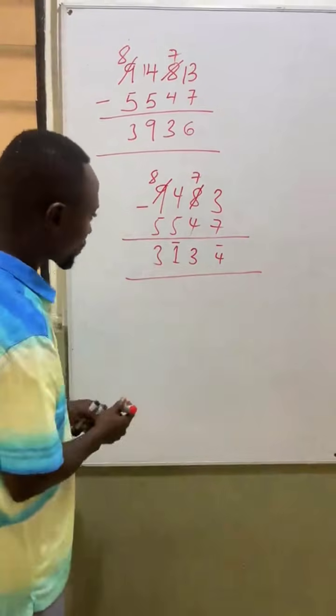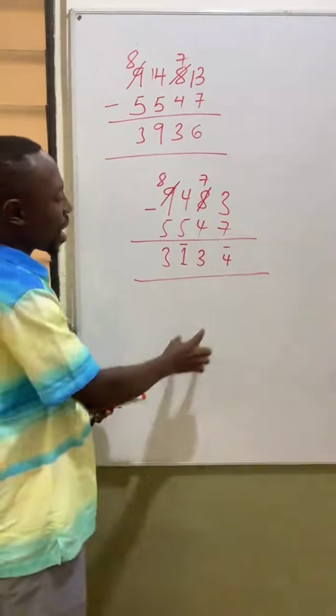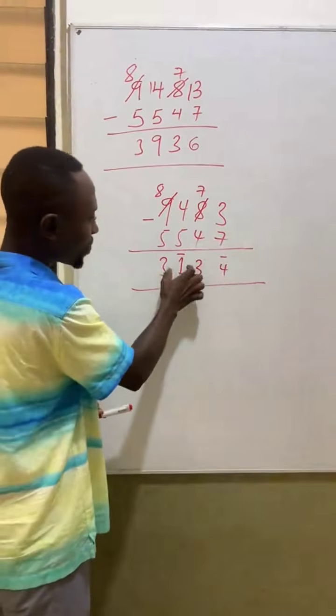Now let us finalize our result. Because you're working in base 10, I'll then come here and add 10 to all the numbers that have